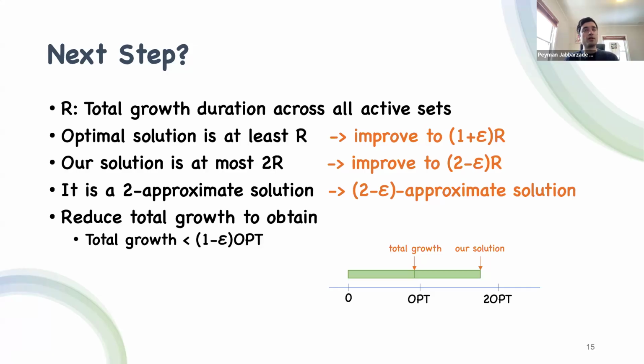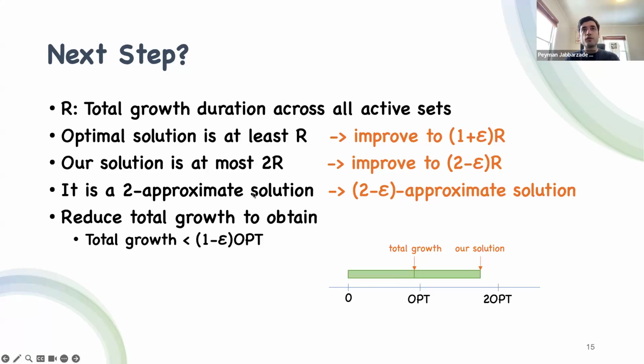I'm not going to talk about this one a lot in my presentation, but I'm going to focus on the second one. So basically, I want to show that we can modify the mode growing algorithm to reduce the total growth of these modes. And after that, if we can say that the total growth has been reduced by some constant factor, such that it's significantly smaller than the cost of the optimal solution, then since the solution we get through this new mode growing algorithm costs at most two times the total growth, we have a better than two approximate solution.